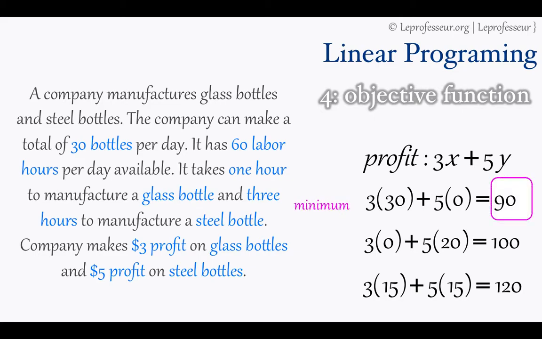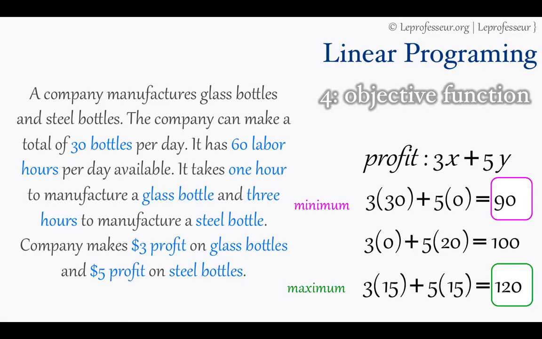So, as you can see here, the minimum value is when the variable x takes the value 30, meaning we are going to only manufacture 30 glass bottles, we will have minimum profit. Okay. And then if we manufacture 15 glass bottles and 15